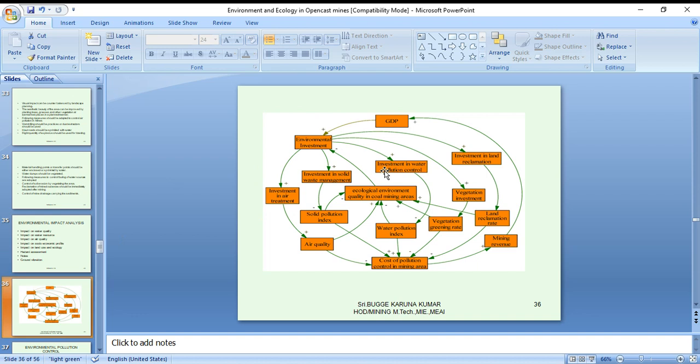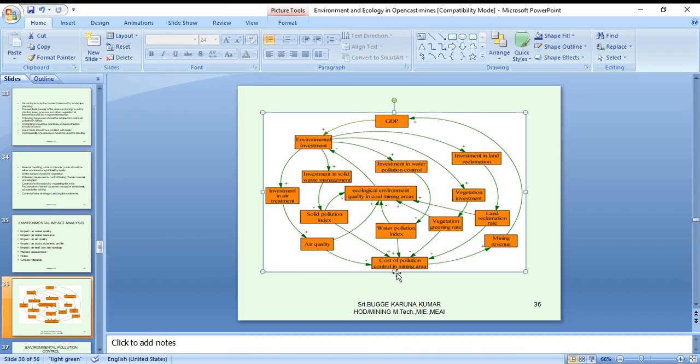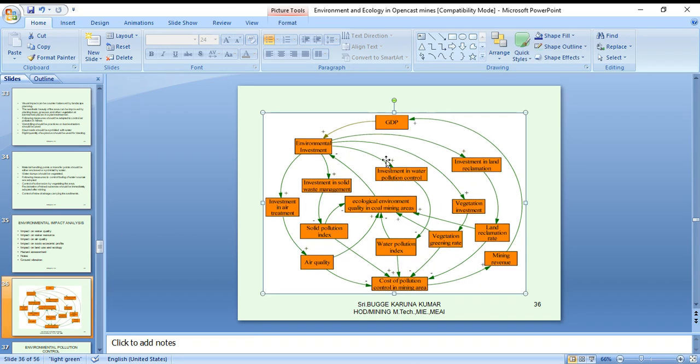So see a simple picture. What are the activities going on? This is environmental investments, our investments. This is our GDP growth. So mining revenue or investing GDP is environmental investment only.